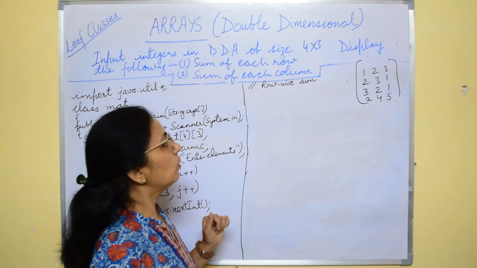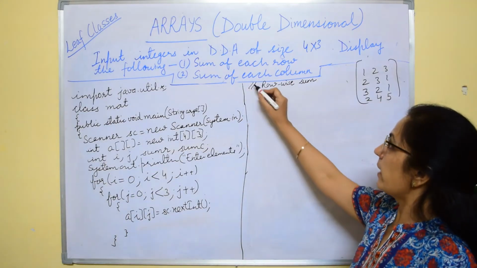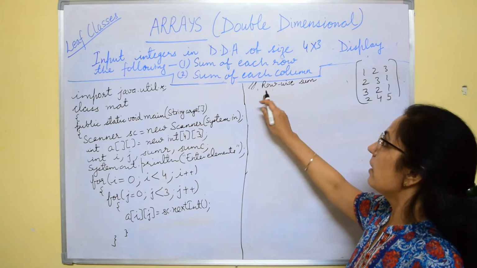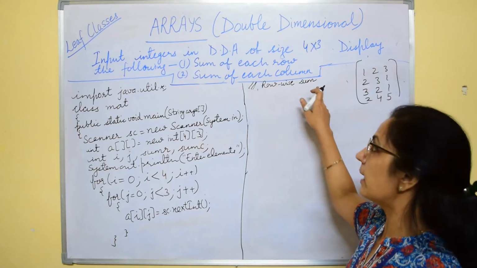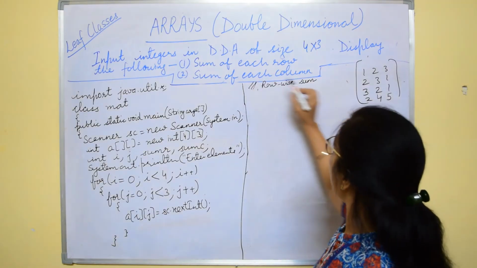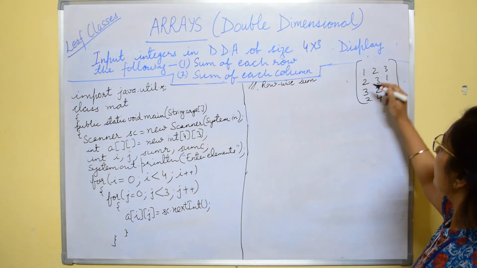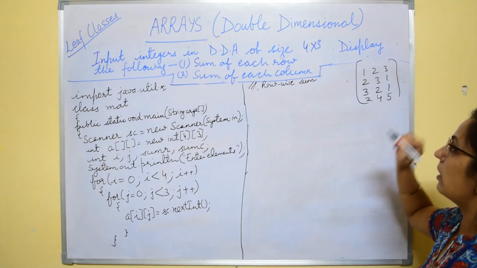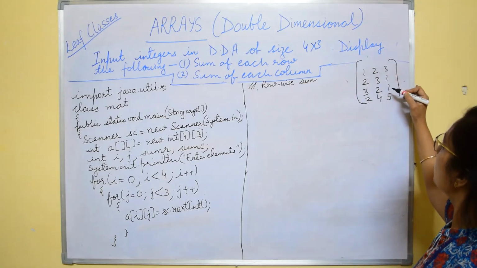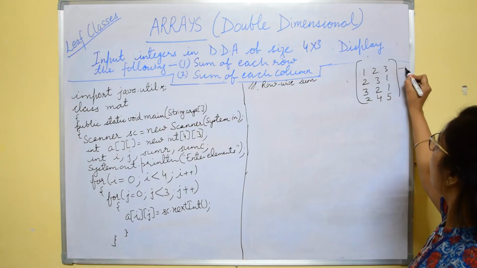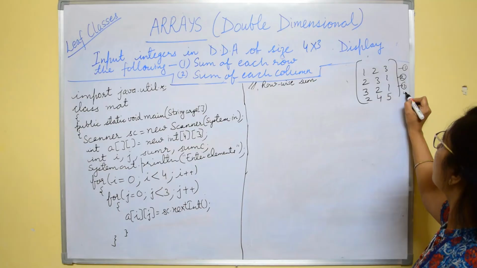Now we have to calculate row wise sum. So here I have taken double slash. This double slash sign is used for comment entry, single line comment entry. Now, the matrix example I have taken is 4 by 3, 4 rows and 3 columns. Sum of each row: how many rows are there? 1 2 3 4. So we should get 4 outputs.